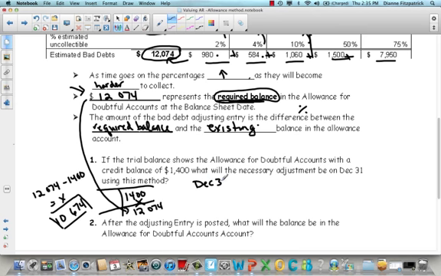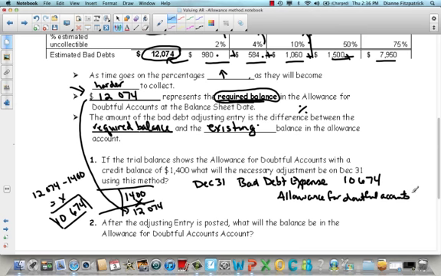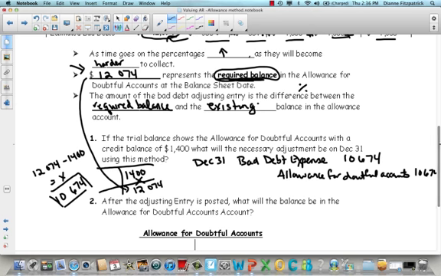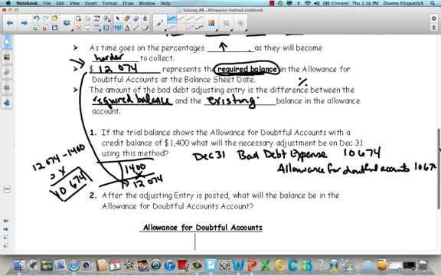So that's the number here that we're going to put in our adjusting entry. So on December 31st, we're going to have bad debt expense, and it's going to be 10,674, and we're going to have our allowance for doubtful accounts, which is going to be 10,674. Okay, so after the adjustment is now posted,